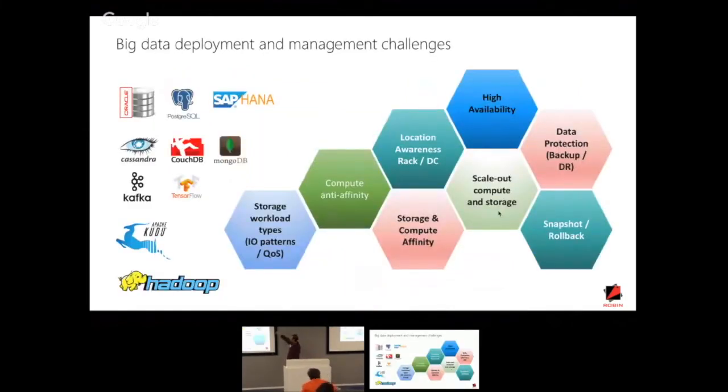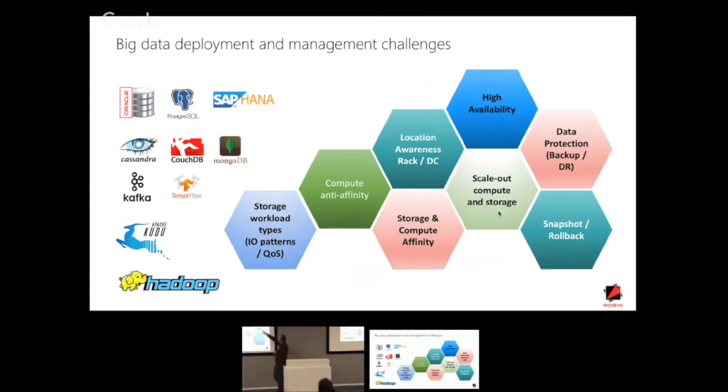So these are the essential components that any orchestration system or any end-to-end solution that claims to support data-heavy applications needs to have. They have to support different workload types. As I said, your traditional transaction logs in a database are latency sensitive. HDFS is throughput sensitive. There are different volume I/O characteristics. You need QoS settings, compute anti-affinity or affinity, storage affinity. Storage affinity is actually the biggest thing, I would say. Location awareness, availability for the components.